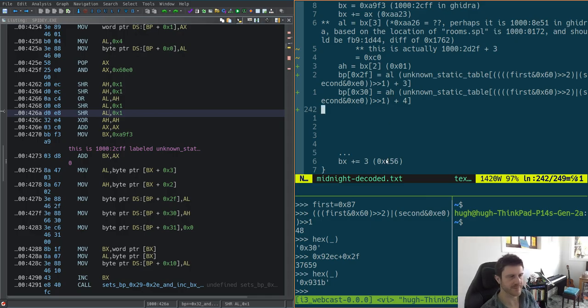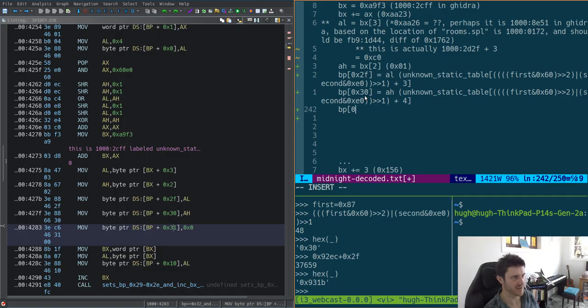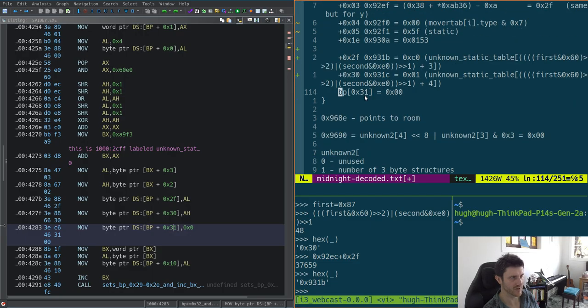Cool. So we get those two things from there, and we store them there, and then we store 0. I could probably just put that there. BP 0x31 equals 0, and that was static, and yeah, we can do this, so plus 0x31 and 0x931D it would be, and this thing is just static. And I guess that just ends this